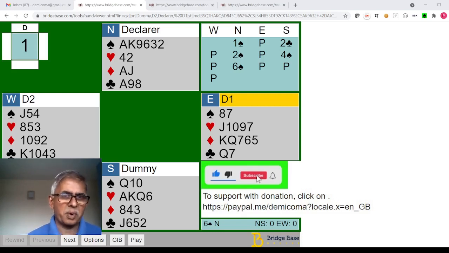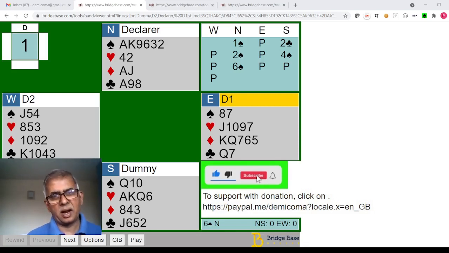A single dummy problem is fundamentally different. A single dummy problem is what you see when you play at the table. Let us say you are the declarer, your left-hand opponent leads something, the dummy comes down, and now you are seeing only the two hands, not all the four hands.